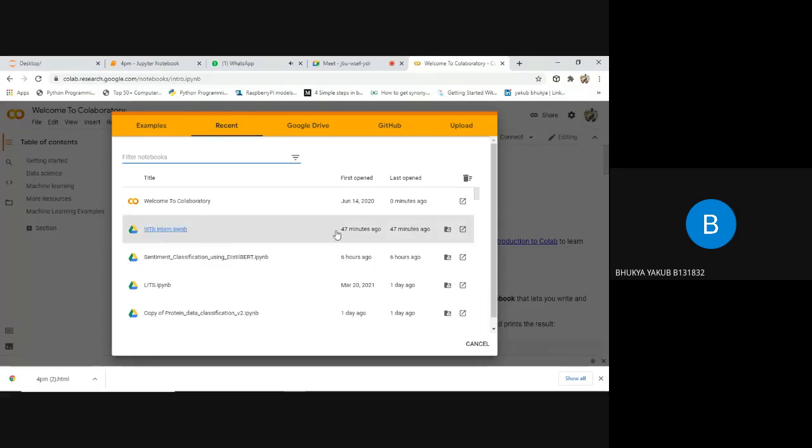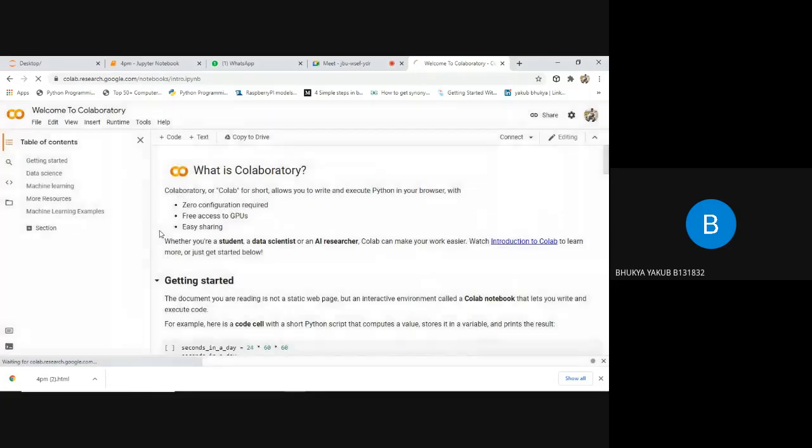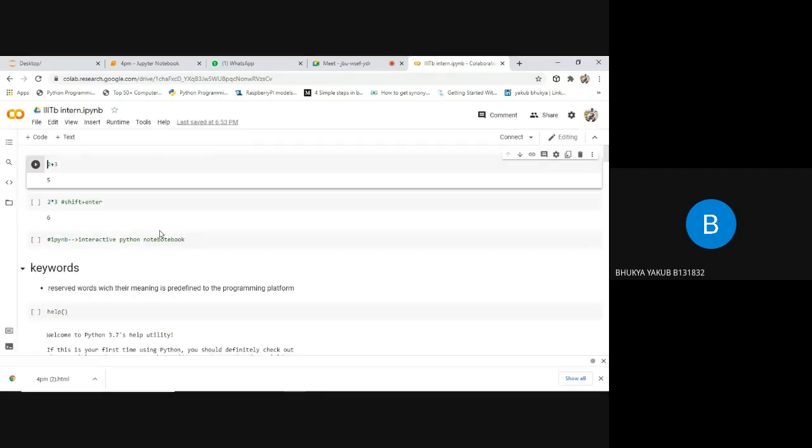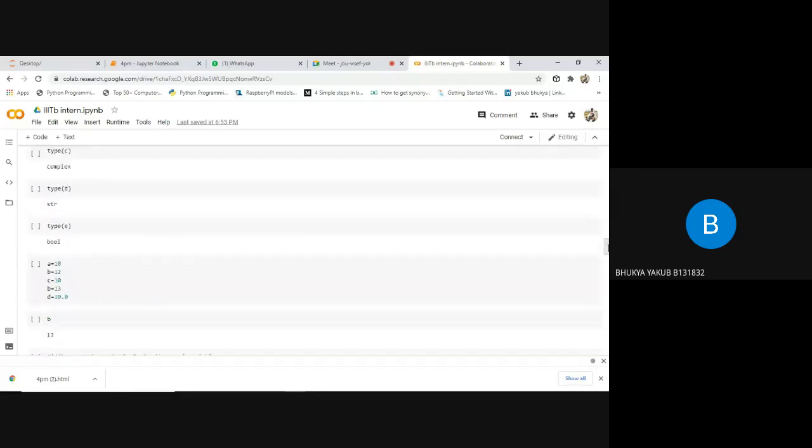See here, 47 minutes back, we created a file with the name IIITB Intel. I'm clicking on this file. Whenever you click on that file, it will open your notebook, and whatever you wrote previously will be saved in your file. You can go through it, check everything, and at the bottom you can add anything.